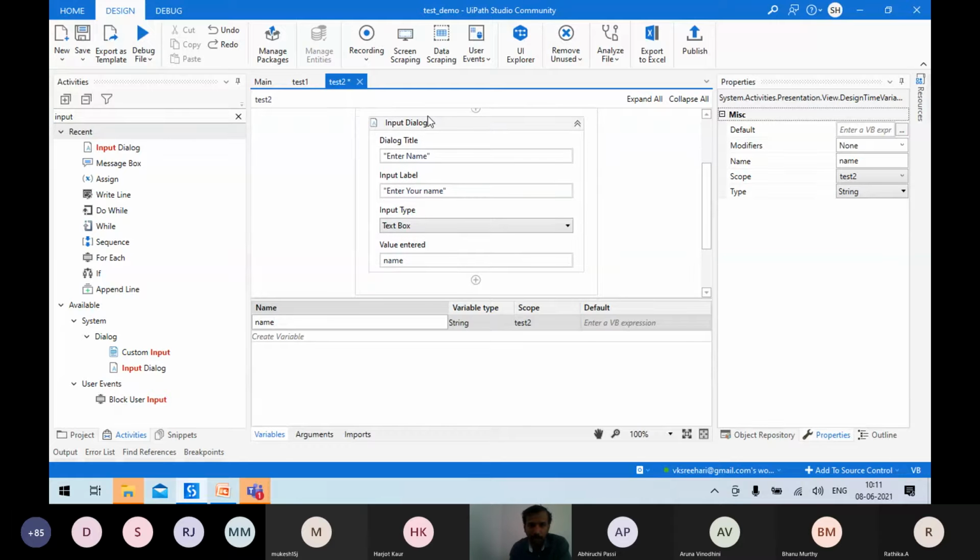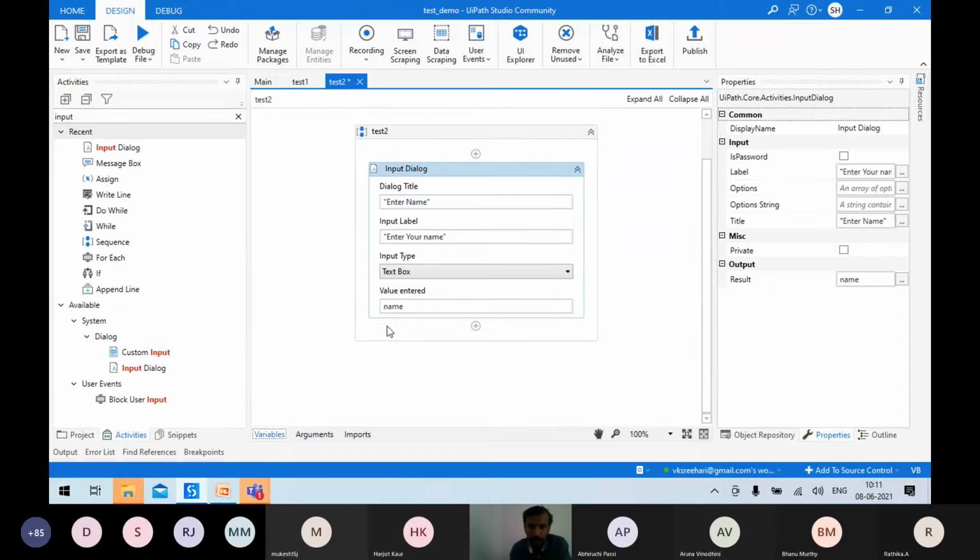Once you do that, we have asked the user for the input. Once the input is received, if you want to hide the variables tab, you just click the variables once again and it will hide. So you just have to display this name. We'll use the same message box again. I think I am on the correct pace, and I'm slowing down so that you can do along with me. Or should I reduce my speed?